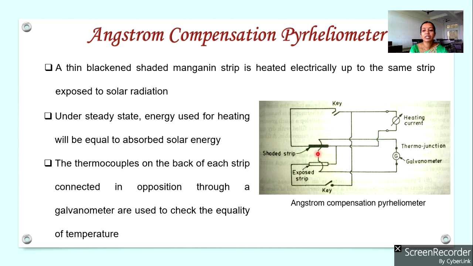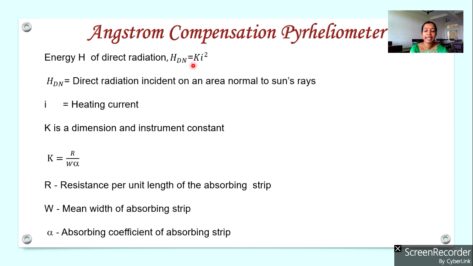We can easily measure the energy that we are supplying to this shaded strip because we know the amount of current that we are supplying. So we can calculate the energy of this shaded strip, and that will be equal to the energy of the solar radiation. And the energy of this strip will be equal to K into I square. So it is similar to the equation power is equal to I square R. So here